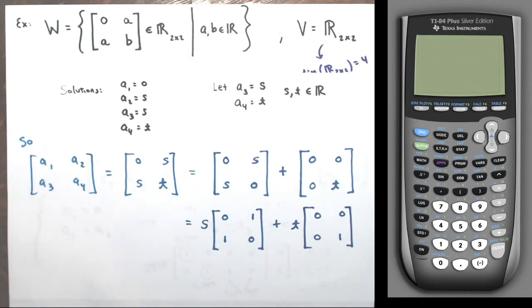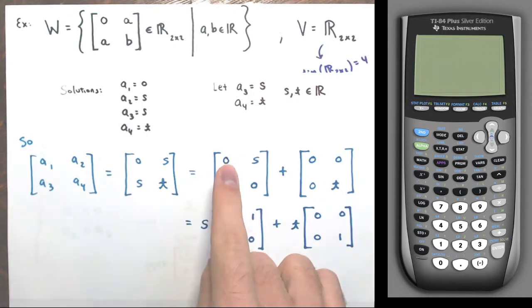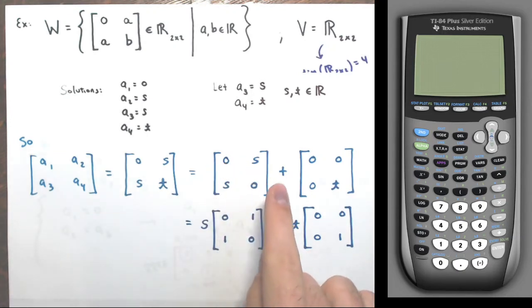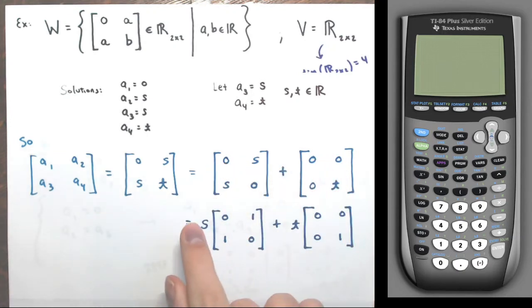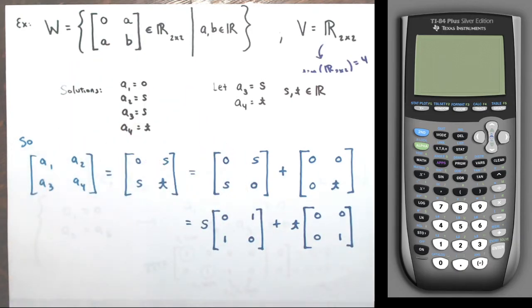And so what we're seeing here, and again, I could have done the same thing with A and B, split this up to 0A, A0 plus 0, 0, 0B, and then pulled A out, pulled B out. So I could have done that just from the get-go instead of setting up all this system, but I still want to show you that you can set up a linear system for any time you're trying to find a basis for a subspace. All right, so what we're seeing here